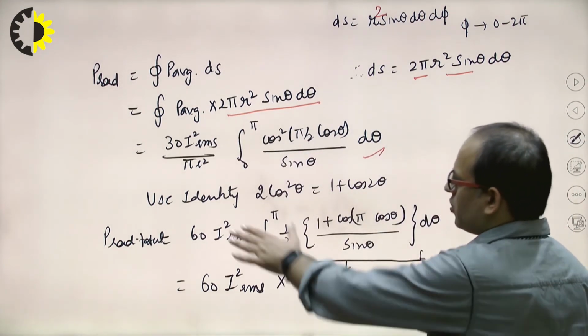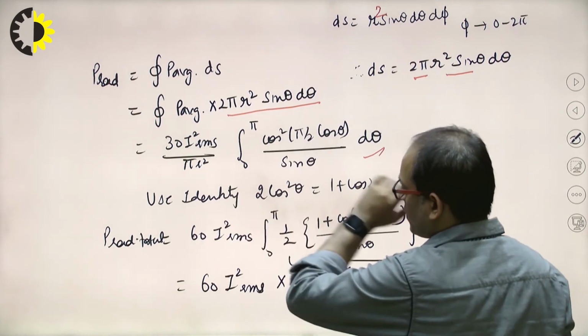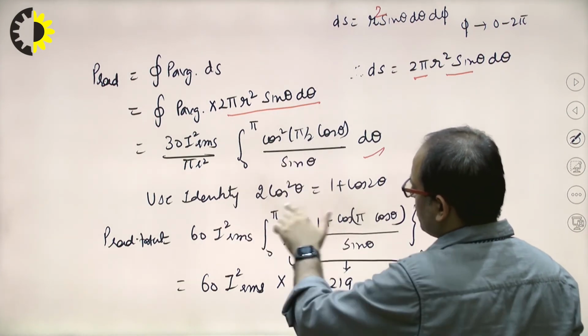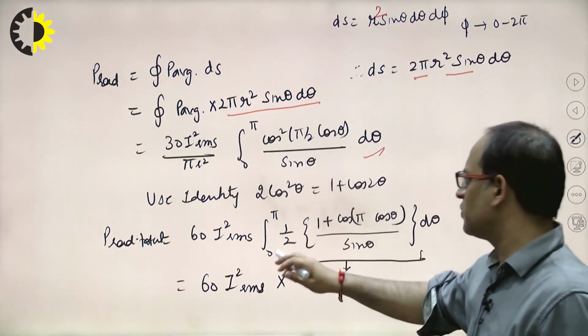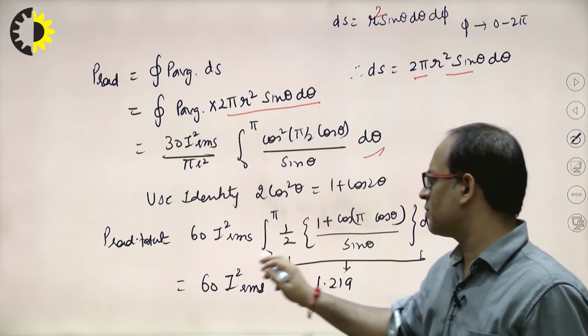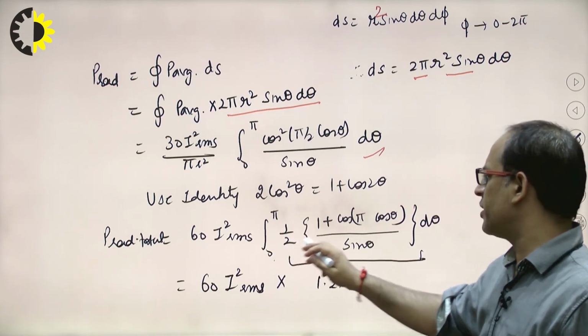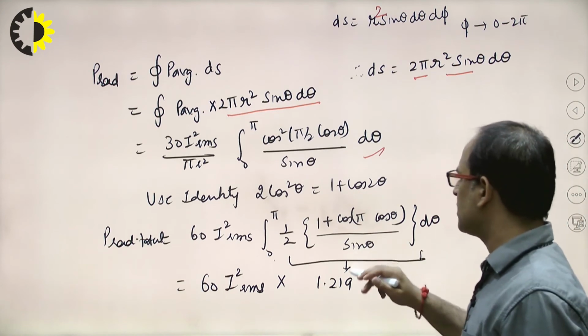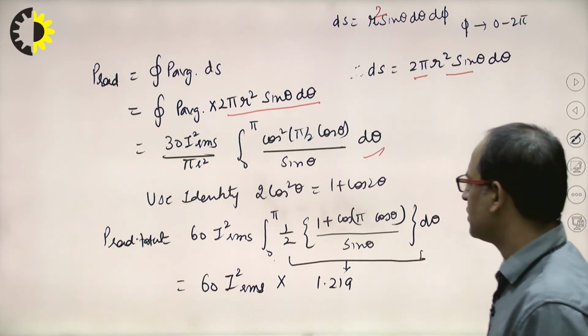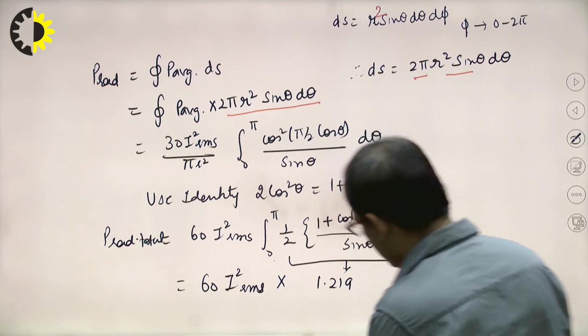Now put the value of P average, you will get d theta. Clear? Now use the identity: 2 cos squared theta equals 1 plus cos 2 theta. Now use this identity, you will get 60 I squared RMS integration from 0 to pi of (1 plus cos(pi cos theta)) upon sin theta into d theta. Now on solving this one,